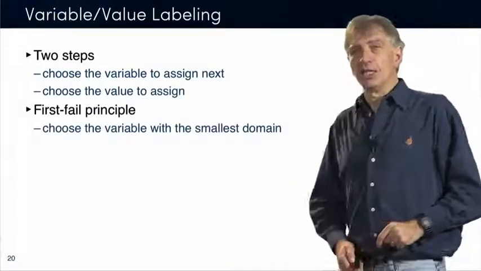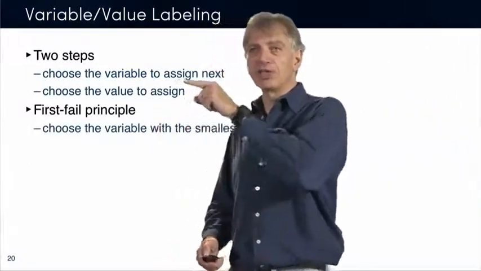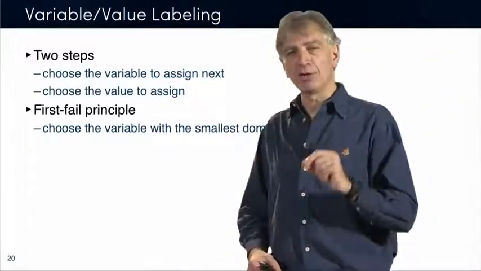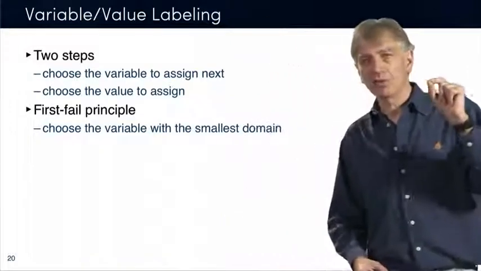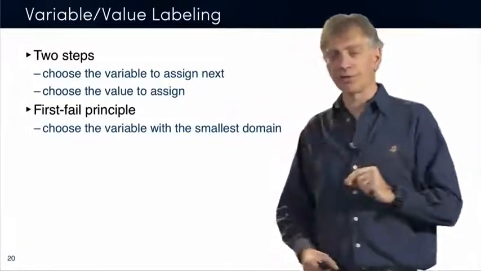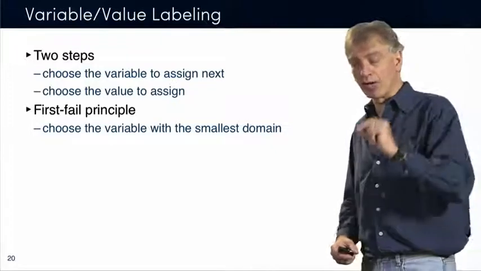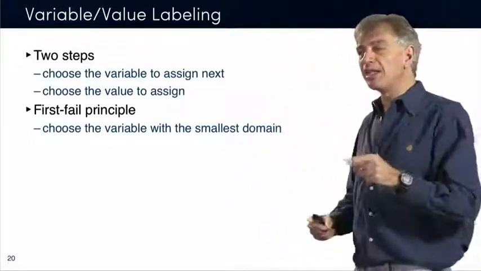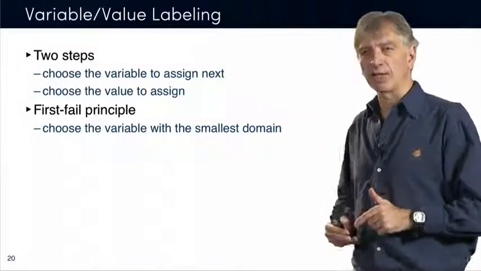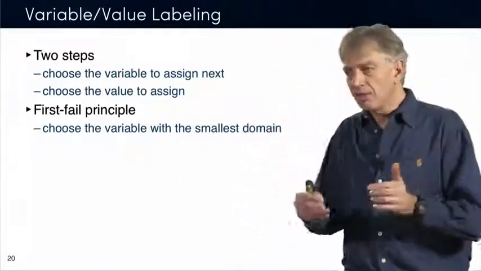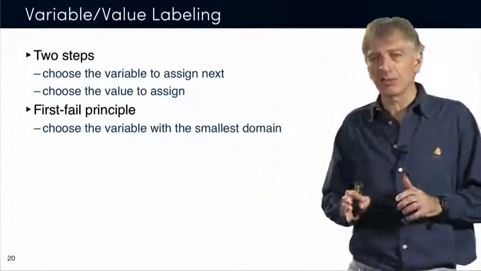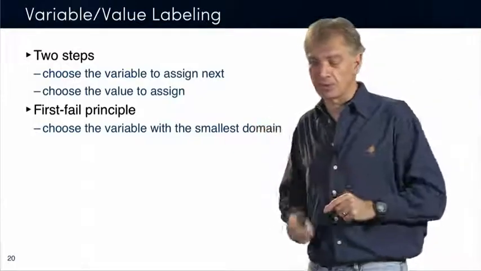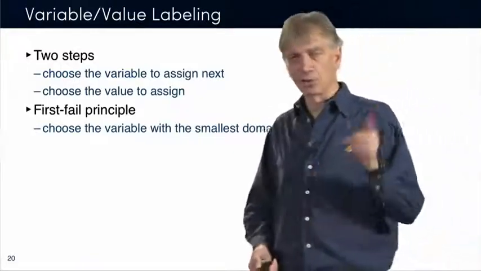Now, once again, you want to apply the first-fail principle, which means that you want to find the ordering of these variables in a very specific way. You want to start with the ones which are the toughest to give a value to, and typically, the size of the domain of the variable is going to be a good indicator of what is tough and what is not tough. Okay, the variable with the smallest domain means that you have removed a lot of values from that variable. It means that it's probably interacting with a lot of other constraints. It's probably a variable which is very difficult to instantiate. Okay, to give a value to.